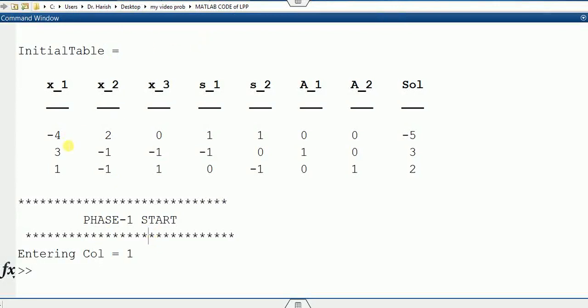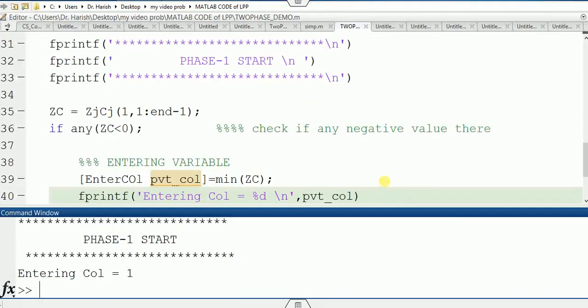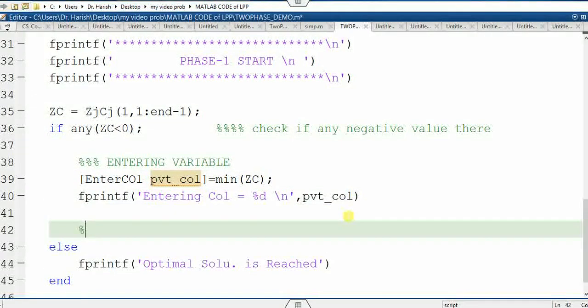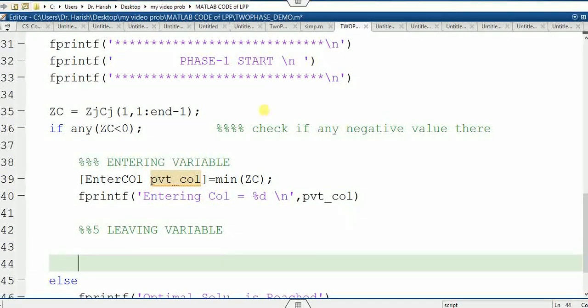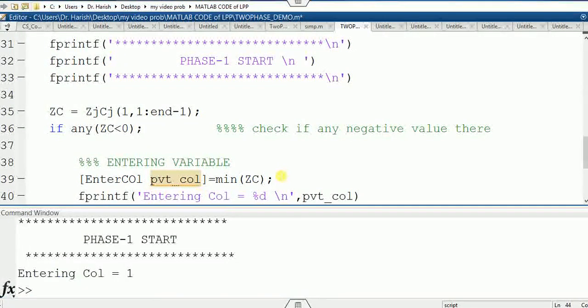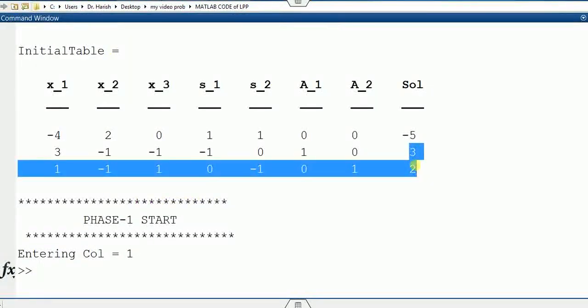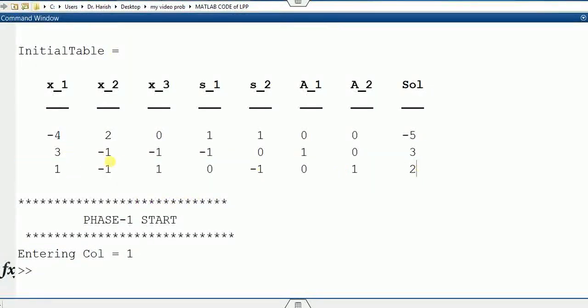Once you find the entering column, your task is to find the minimum ratio. For that, you first have to find the leaving variable. In order to find the leaving variable in this table, you need the last column, that is the solution column, and the entering variable.